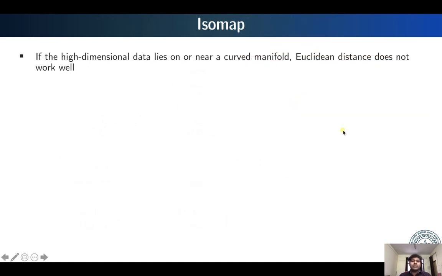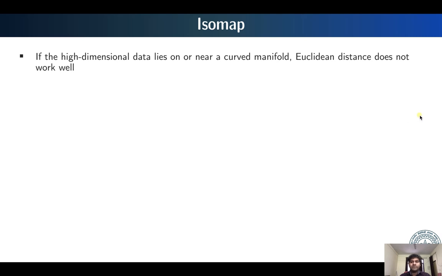Next we are going to talk about a method known as Isomap. As I said before, if the high dimensional data lies on a curved manifold, which is a nonlinear manifold, then Euclidean distance will not work very well, because a PCA-like technique or classical scaling will look into retaining the Euclidean distance. But if the manifold is nonlinear, then the Euclidean distance between two points can be misleading, because the actual distance has to respect the geometry of the manifold. As a result, we can end up retaining some distances which are not really meaningful as per the structure